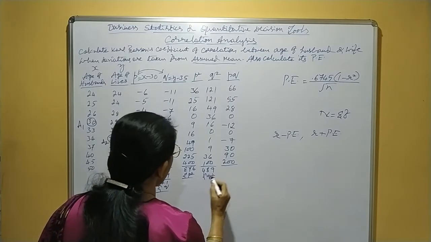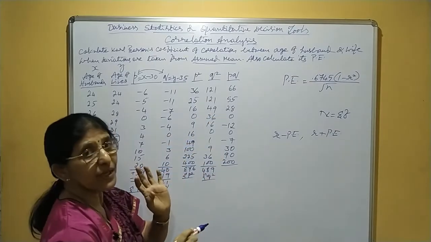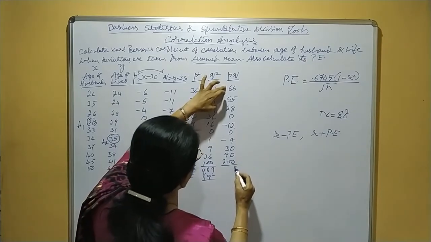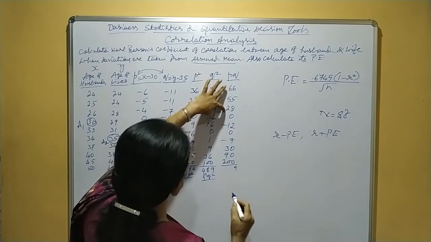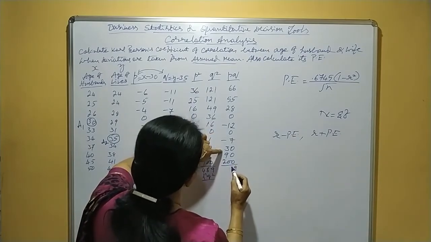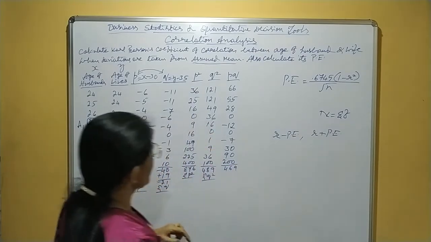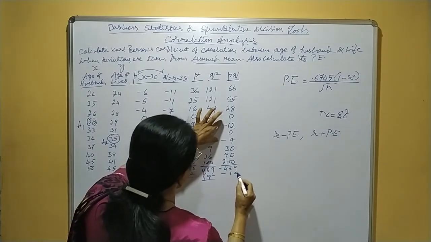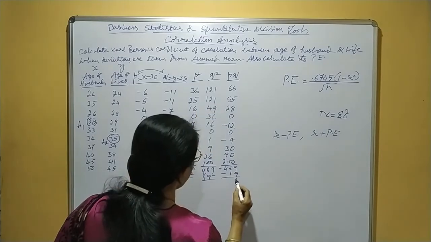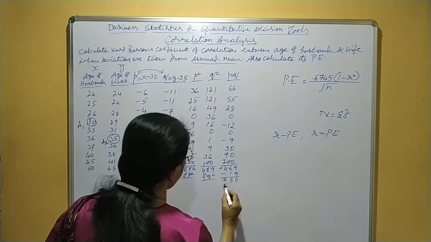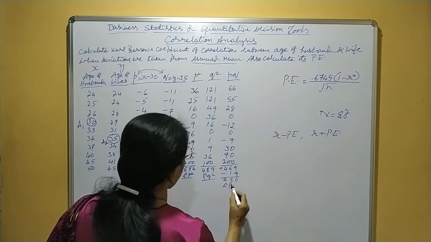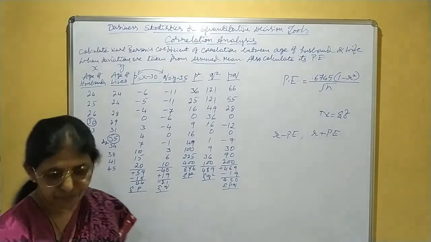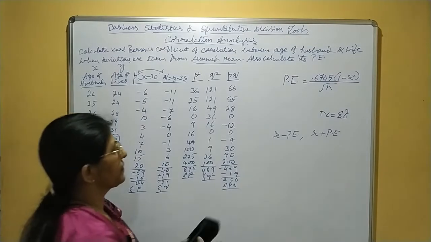489. Now here two minus values are there. Take plus values total separately. It is plus 469 and minus 19. Okay. Now the difference is 450, that is sigma PQ. Okay. Now we have to apply the formula to find out